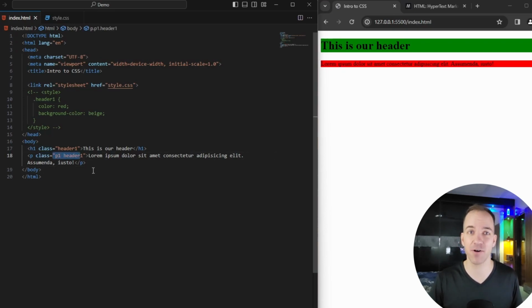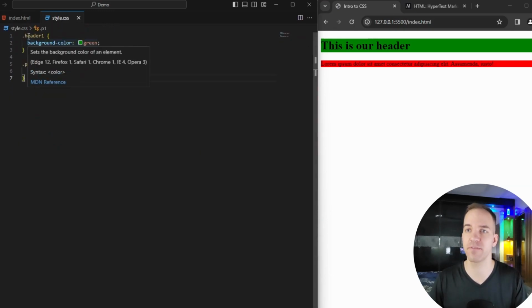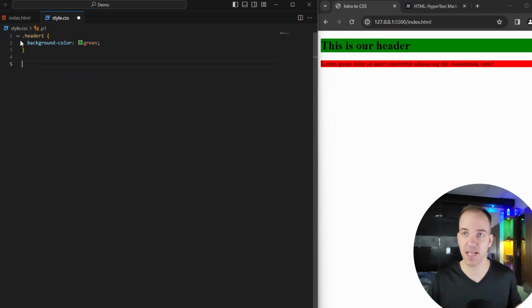It's going by our style order in our style.css. So if here I have header 1, it's going to apply green, and then it's going to hit P1 and it's going to apply red. So if I were to take P1 and cut that and actually paste that above header 1 and now save